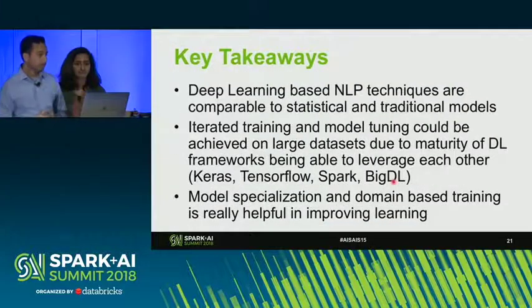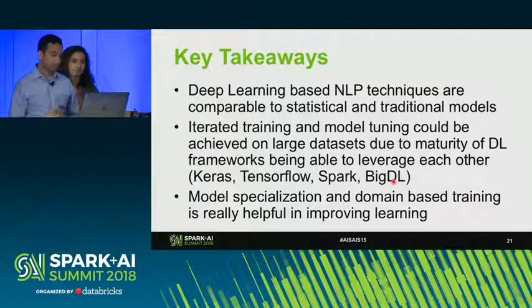So the key takeaways from this experiment and proof of concept are: deep learning based NLP techniques are definitely comparable. So the next time you are looking at a use case which deals with natural language processing, definitely give deep learning a try, because it's become pretty easy to model your pipelines using